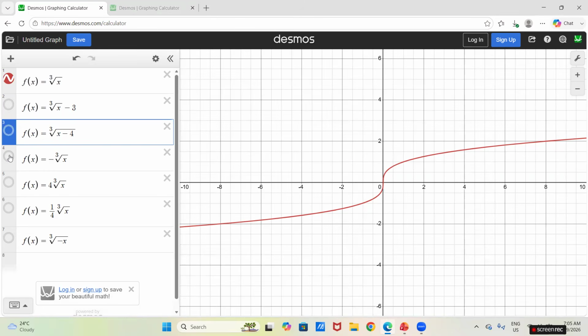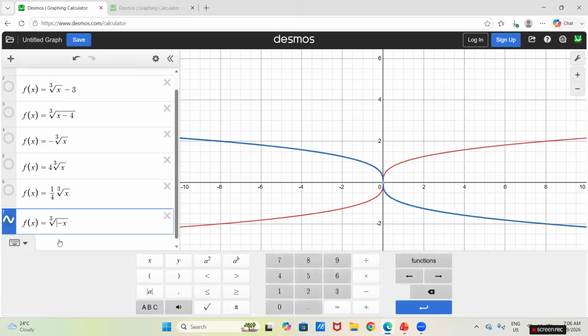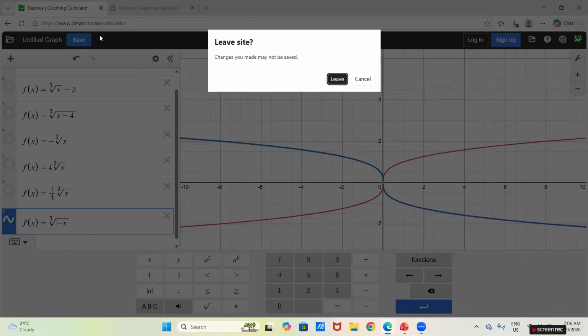Look at the reflection across the x-axis, the violet one, the red to violet. And then look at the vertical stretch. That's the vertical stretch. So the graph became taller. Okay. And then we have the vertical compression. It became, and then for this one, this is different because in a cube root function, there is a reflection across the y-axis. Okay. So I put the negative part on that side.